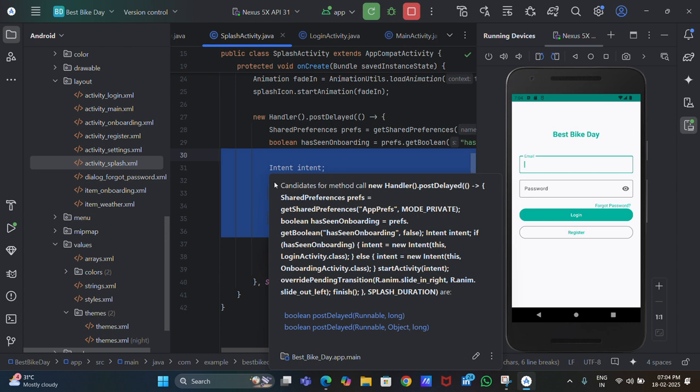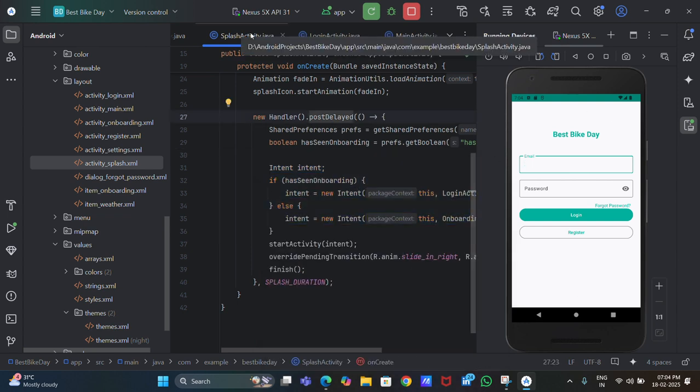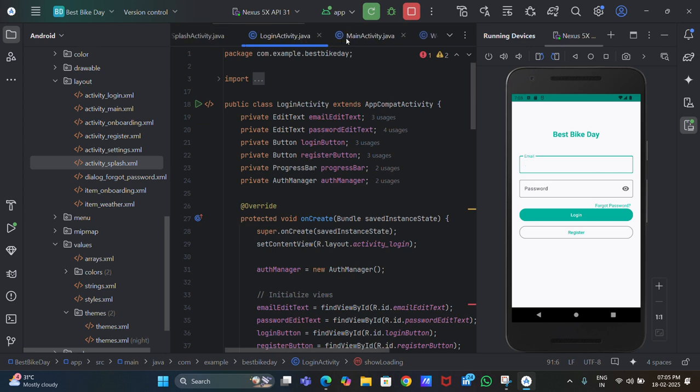In this code, I have written an intent for moving from the splash screen to the onboarding screen if the app is installed for the first time. Otherwise, if the app has been installed once before, then after the splash screen it moves on to the login screen. Okay, and as you would already know, in this login activity,